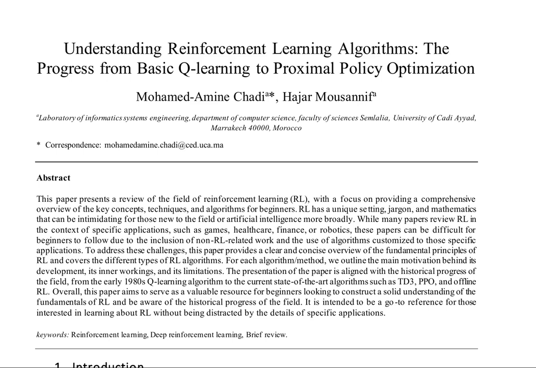Reinforcement learning, RL, is a branch of machine learning that focuses on training agents to make decisions in an environment to maximize a reward signal. Despite its growing popularity and success in various applications, RL can be challenging for beginners due to its unique setting, jargon, and complex mathematics. This paper provides a comprehensive overview of the key concepts, techniques, and algorithms for beginners, covering